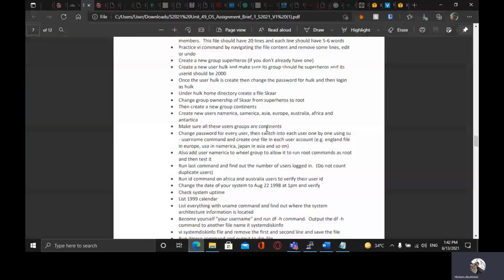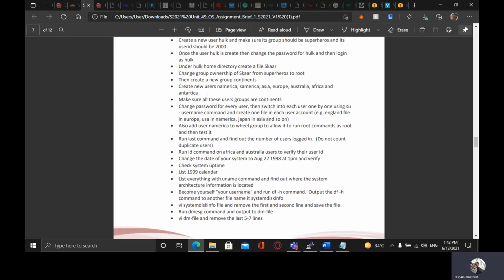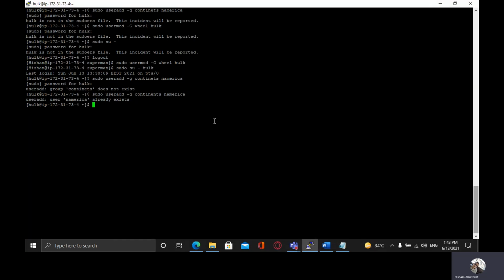I already created these users, which are America, Asia, Europe, Australia, Africa, and Antarctica. Then we already added them to the group containments. We need to change the password of every user and then switch to that user. So in order to change the password for every user, we could use passwd, then